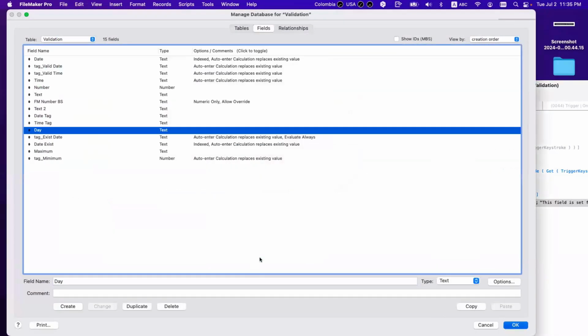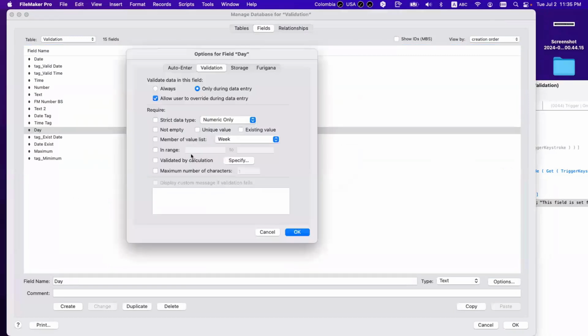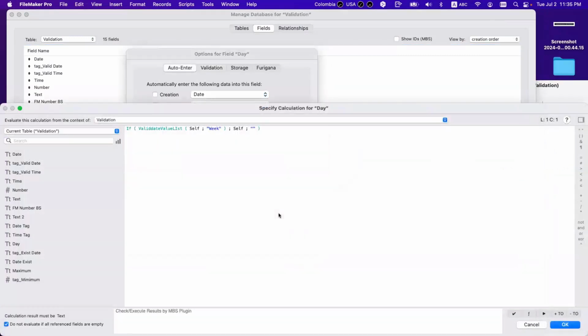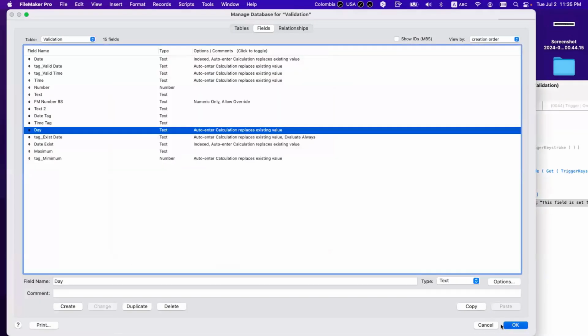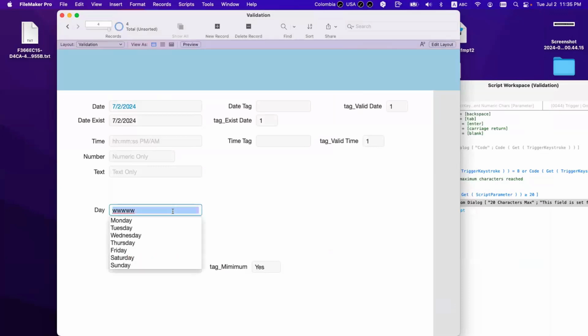Instead, we have a calc that I'm going to come to, but let's see how it works. If you type something, it goes. But if you type Monday, it stays, right? It stays because it's part of my list.